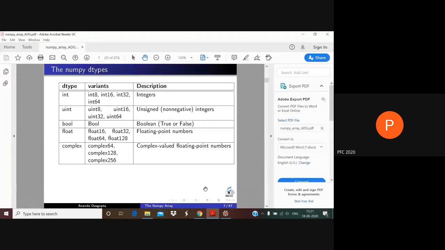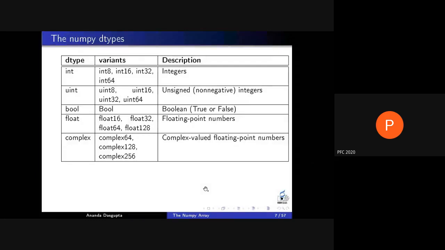Okay, so what kind of data types can you have? It depends on your machine and on your implementation of Python. For example, the basic data types are int, unsigned integer, boolean, float, and complex.